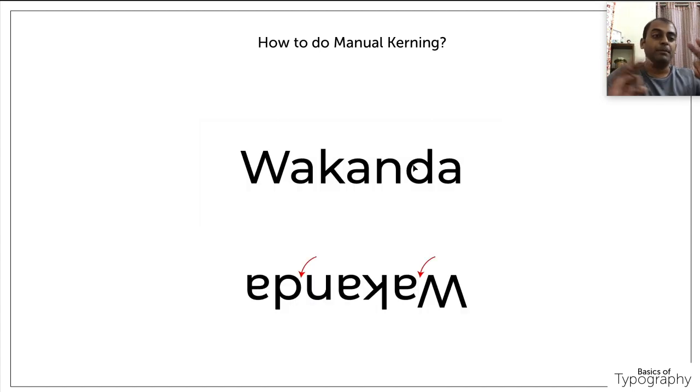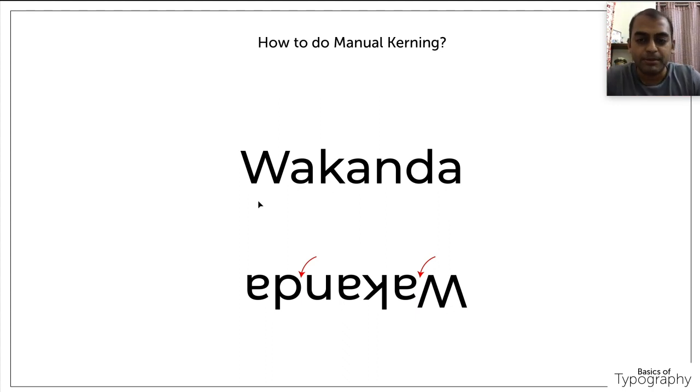Okay, so coming on to third point. In the first two itself, most probably 90% of kerning will be done. First thing, you are identifying the troublemaking letters and correcting the kerning, and second thing, how much space is required between each and every character depends on the area of the character, and with respect to that we have adjusted the kerning. And this third point comes in a very rare case, but it has to be done. It has to be done for a logo.